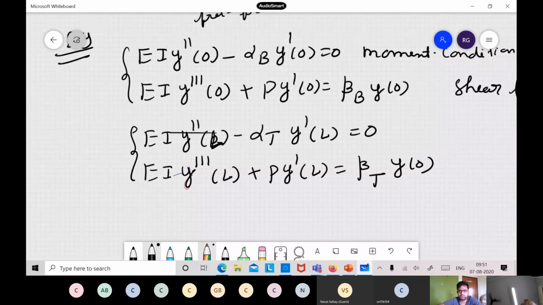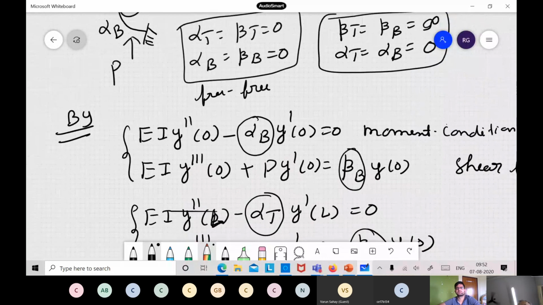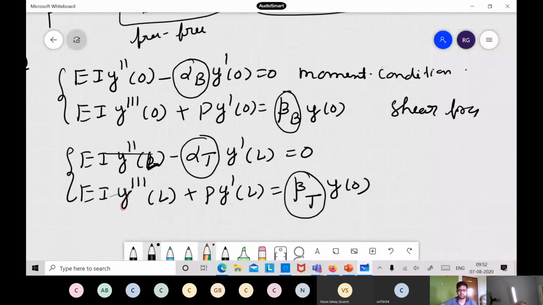So these are the equations of equilibrium, and they are different now. For various cases, these terms, alpha B and beta B, will enter your calculations, so your solution depends on them. If you solve this more generalized case, you can calculate for any problem, any boundary condition. The column can be anywhere inside the structure; it can be free or whatever. You can solve the equation by substituting these boundary conditions.